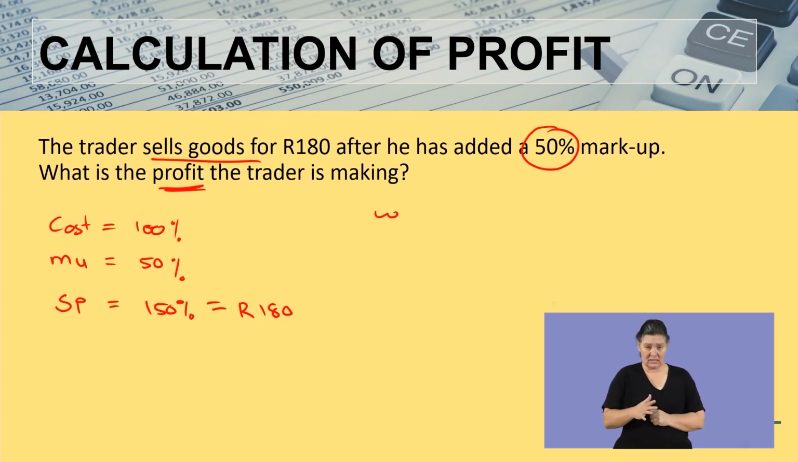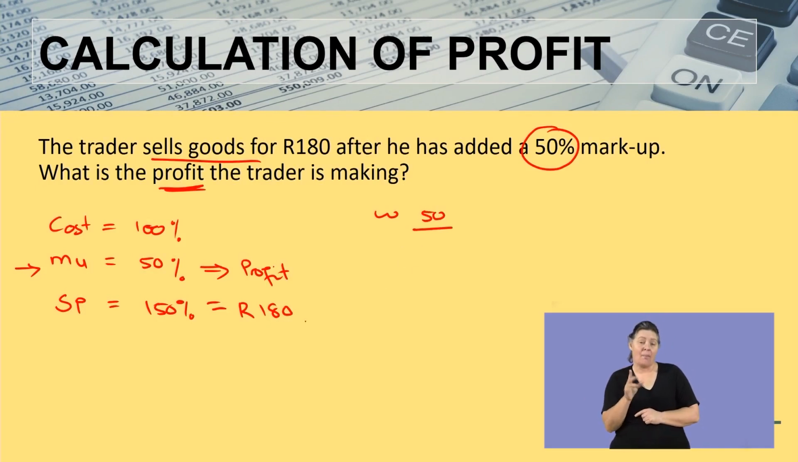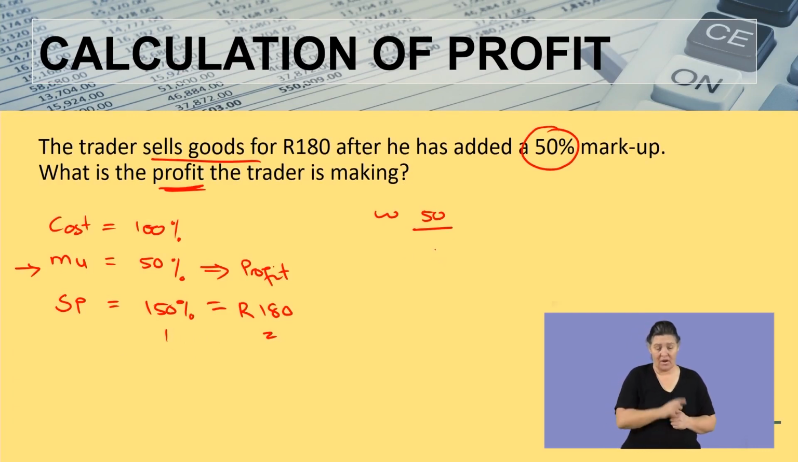What is it that I want? What I want is the profit. Remember, the markup is the profit. The markup is the profit. What I want is the 50. What I have, remember, you must have two values, one value, two value. So this is my have then. What I have is